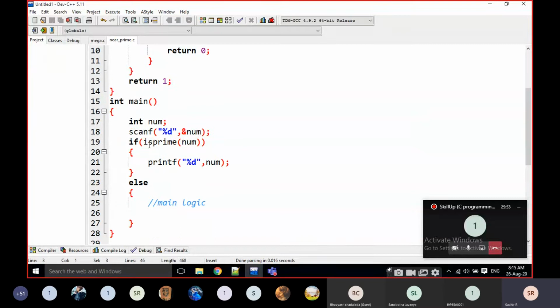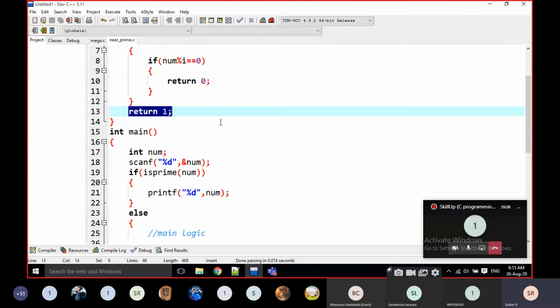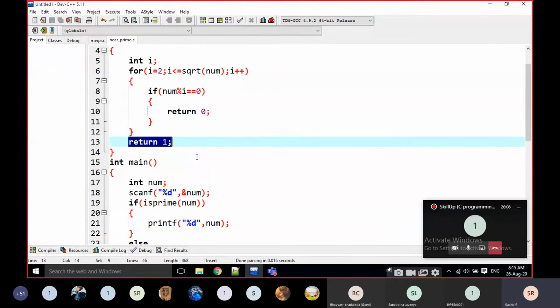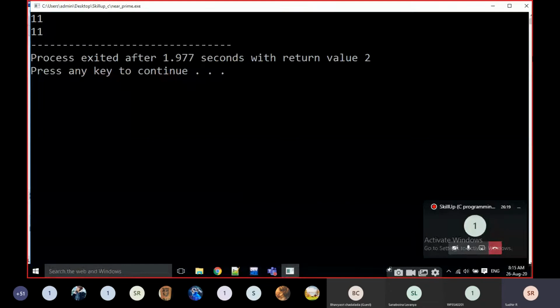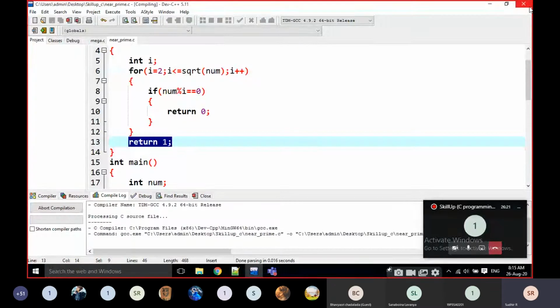Okay, here it is the positive value or negative value. It is going to be treated as, what I am passing here, if it is a prime, I am going to return 1. If it is 1, yes, it is a prime and I am going to print it. Else, that means if it returns 0, what do we have to do? First of all, I am going to check here up to now only. I am going to give some prime number. Yes, it is going to print that number. That's it. Okay. Now I am going to give some 12.